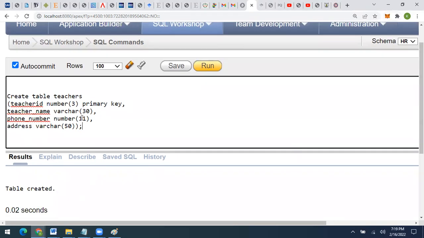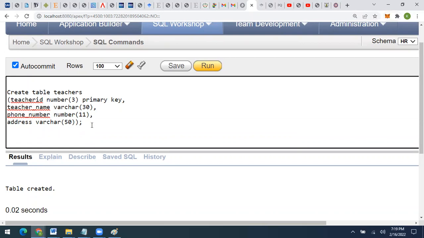Now see, this table is created, and if you want to check what is the name of this constraint, the automatic name which was assigned to this constraint, what is that particular name? To see that, you need to use the select command, and you need to write select constraint_name, constraint_type. And if you want to see the table name also, then just write constraint_table_name. But I'm not going to see the table name, rather I'm going to see the constraints which are applied on the teachers table. So I'll use from user_constraints,